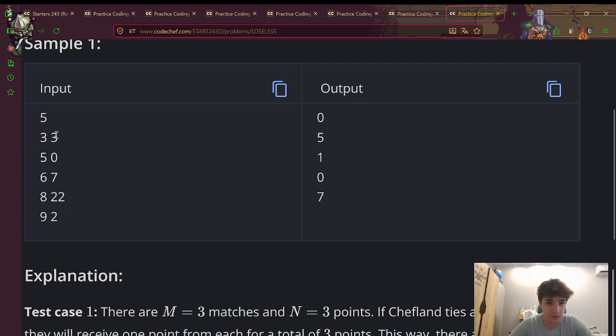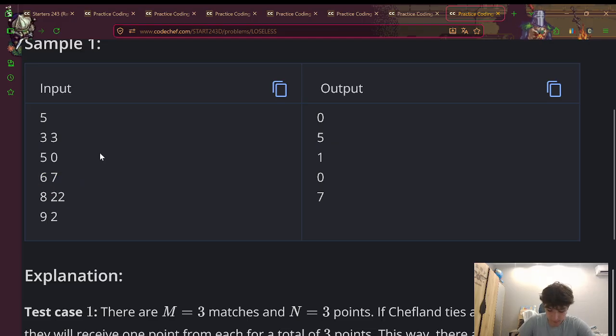Like I think to go from this again. 3 and 3. They could have all of them draw. So that's 0 and 5. They got 0 score and they played 5 matches. It's pretty understandable. All of them are lost, because of 5 losses.